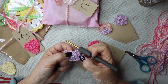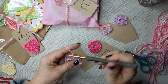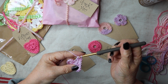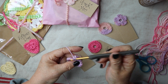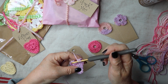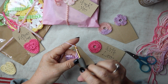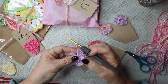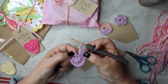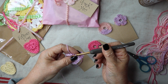and you should be left with 1 stitch left, and in that stitch we're going to work 6 trebles. So 1, 2, 3, 4, 5, and 6, chain 2, 1, 2, and bring that down and slip stitch right at the beginning where we started. So we're just going to insert our hook right into that stitch there where we started, and we're just going to slip stitch,